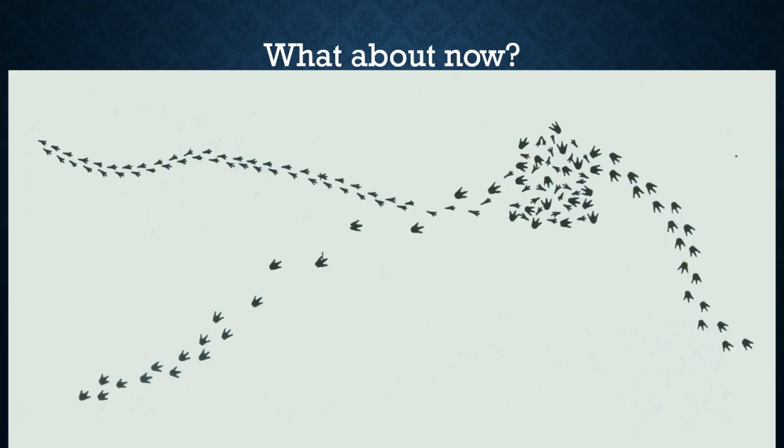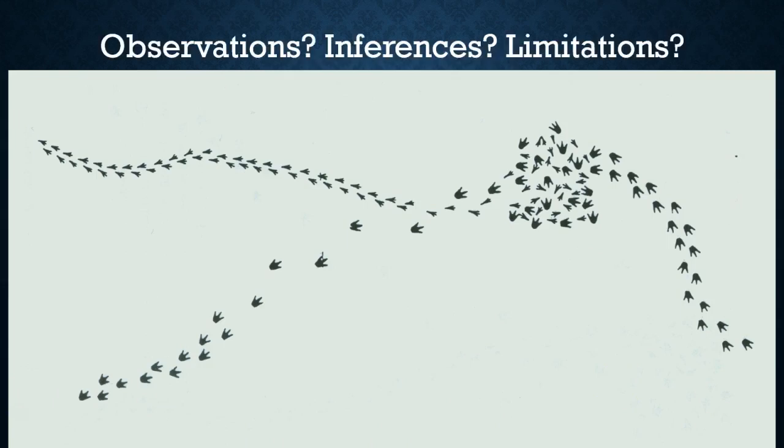So all we're doing here is looking at the information we have and coming up with a reasonable explanation for what we think happened. And that'll help us to inform what we're going to talk about for the rest of this topic. It's useful to understand that there are observations, which simply describe what we see. There are things that we can infer from this, for instance, from the length between the footprints, and from the fact that there are no small footprints here. But there's a difference between an observation and an inference.